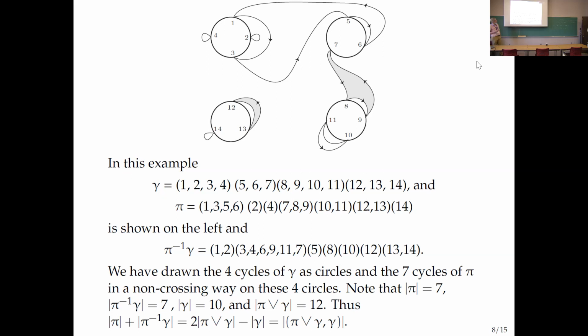And then the challenge is, can I draw the cycles of pi on these circles in such a way that the cycles do not cross? So you're given a permutation, and this is a case, and here's a way. You see how this thing goes around the back here and there, over there, like that. So you have to do a little trial and error to find it, if there is a way to find it.